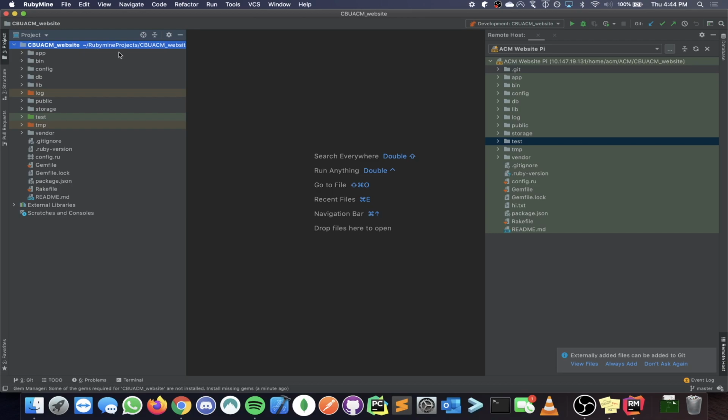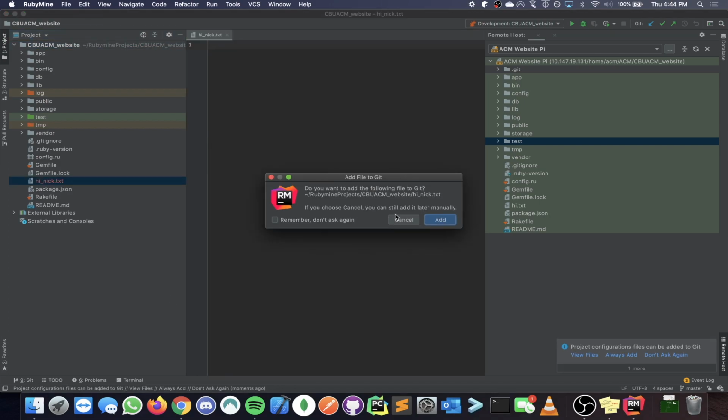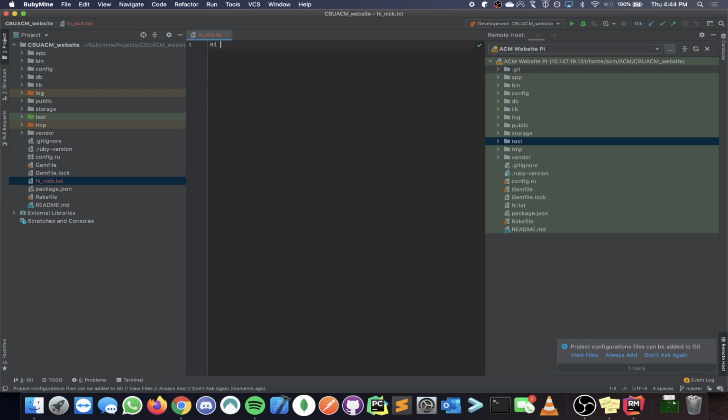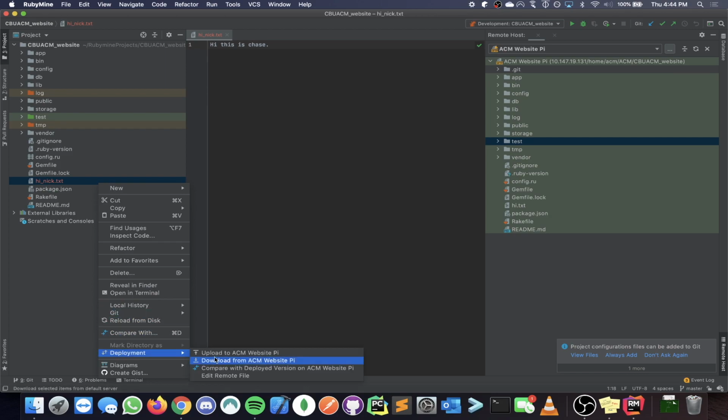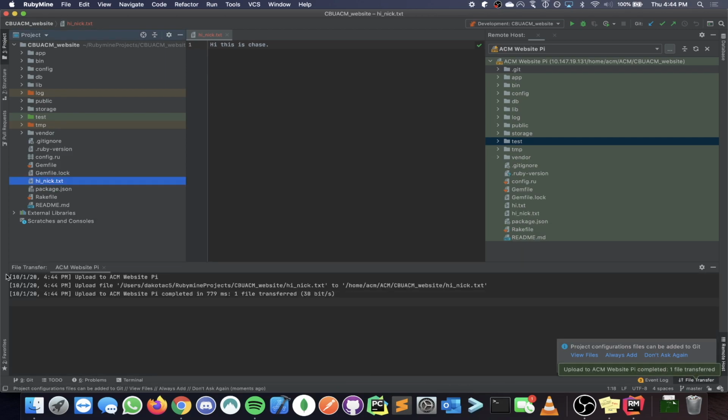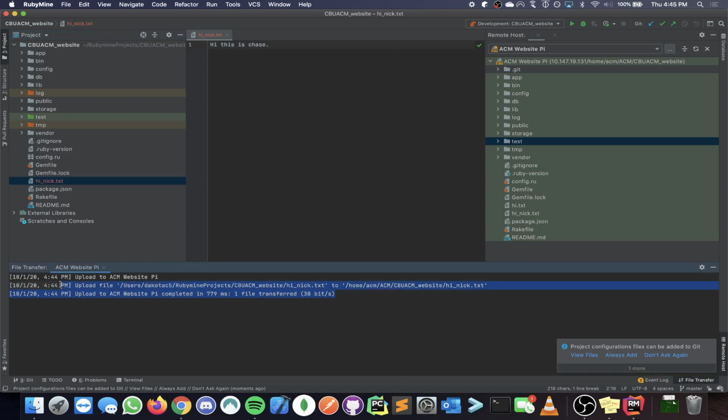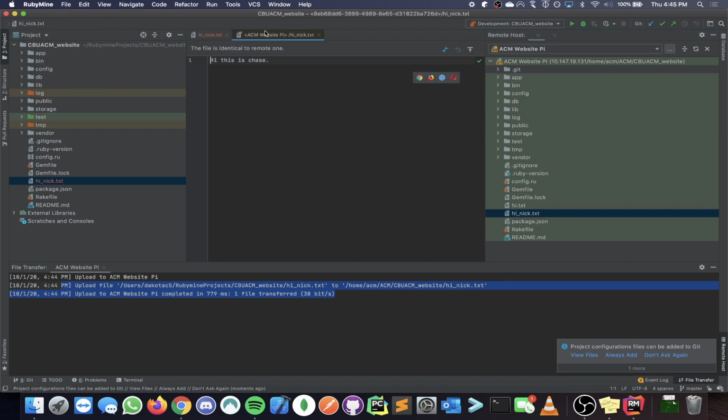If I go over here and hit this file, I say, hi, Nick, because this is Nick stuff. I can type, right? I don't want to add it to GitHub. After I can spell my own name, I'm going to go to deployment and hit upload. Cool. So we uploaded to this part of the directory, and we can see it here. So here's the ACM Pi hi Nick, right? This is cool. And so now we can say like,